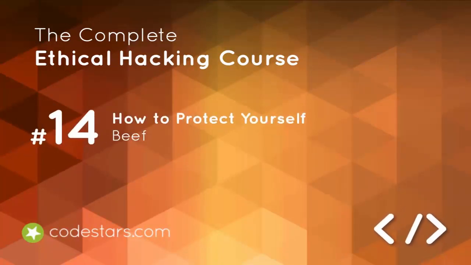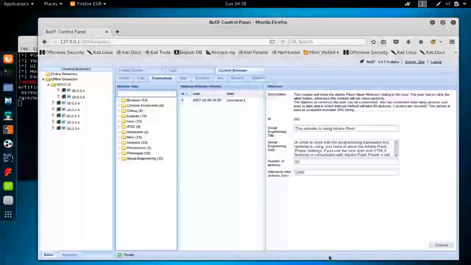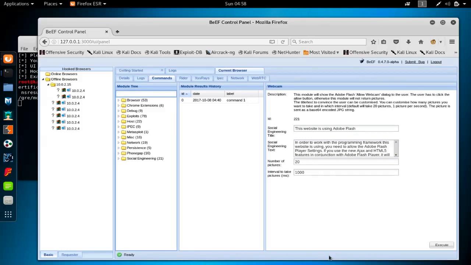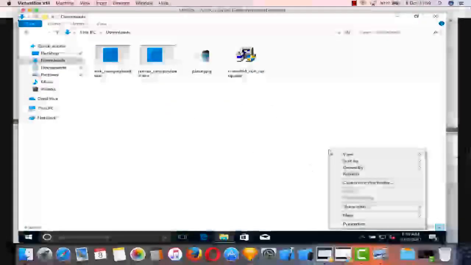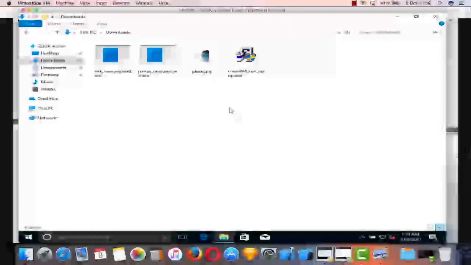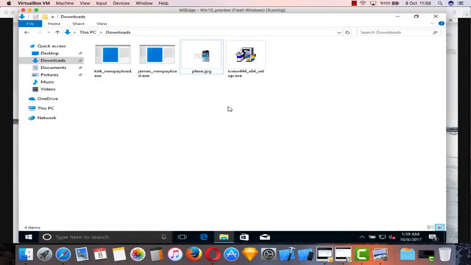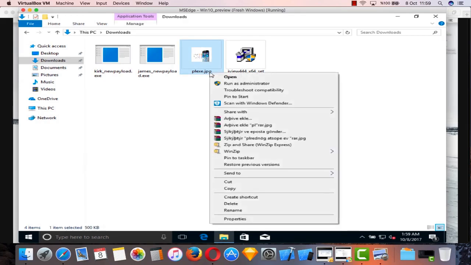Hi, within this lecture we're going to discuss how we can make ourselves safe against these BeEF attacks. Of course, the best way to prevent these attacks is to stay away from the URLs that we don't know. So if you're suspicious about these URLs that may contain some harmful codes, then just stay away. And if you really need to go, you can adjust your browser settings not to run JavaScript codes at all. But most people don't prefer that because it may distort the views and the usage of